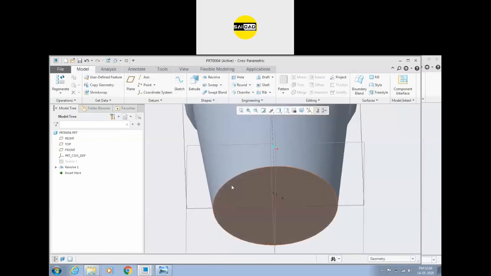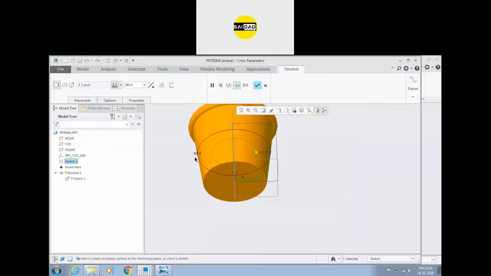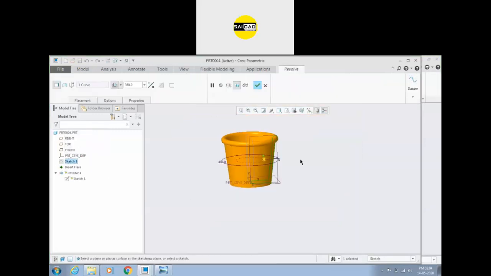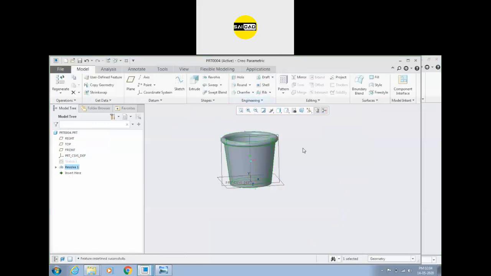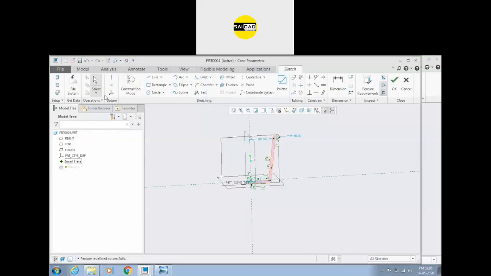So if you want to add some base here, you can just edit the sketch again. How can we edit the sketch from the solid command? If you go to the revolve and want to edit the sketch, simply right click, and there should be an option. That option will be available if you have created the object directly from the command. If you created a sketch first, you have to select the sketch from here and go to edit.